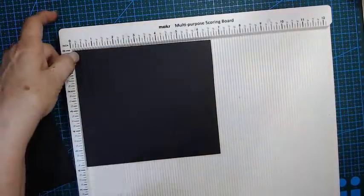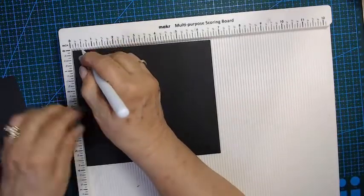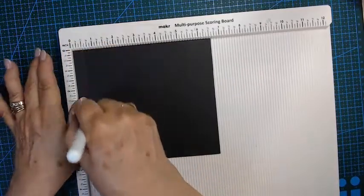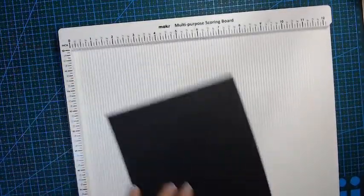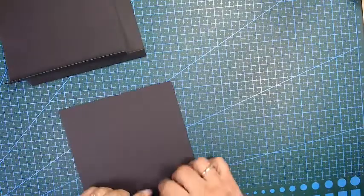and score on the half, so that you have then a 6 by 6. And the last one. So we're gonna finish on our school lines, and we will get our pattern paper as well for this,